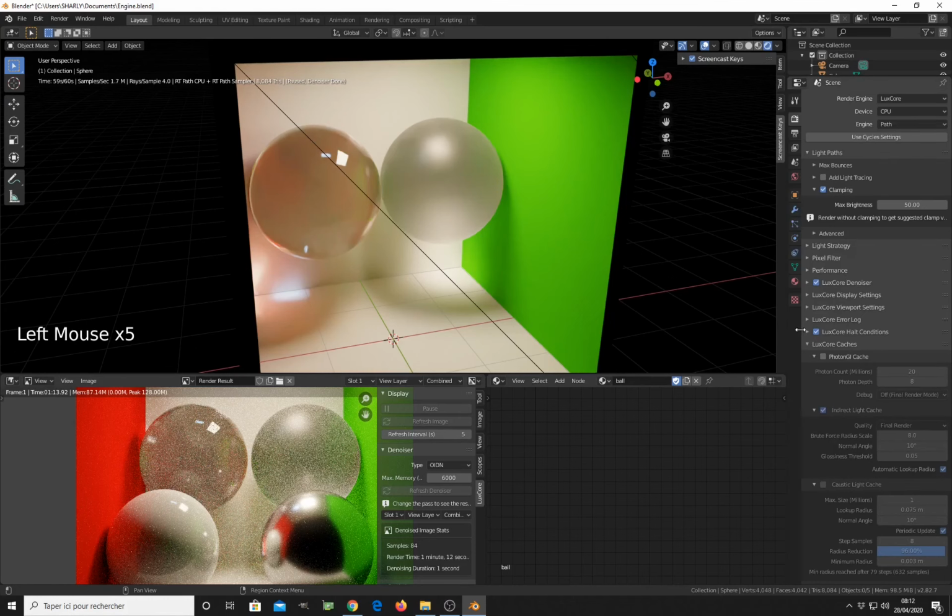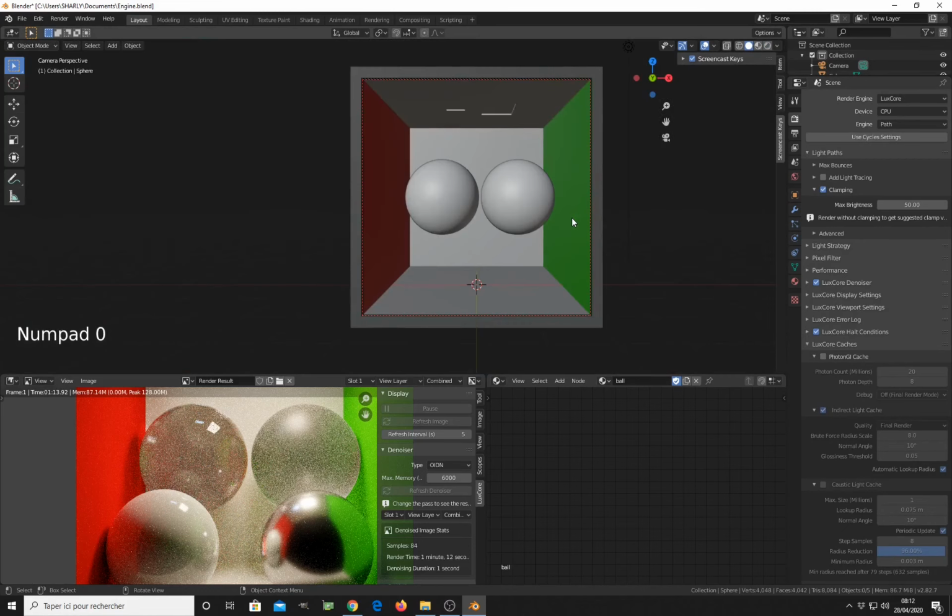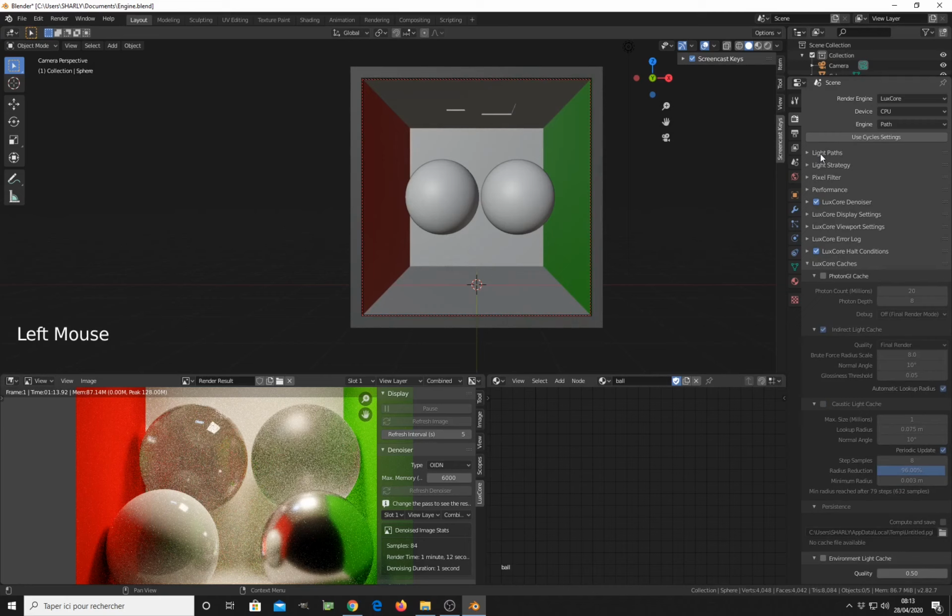Okay, then we come to the performance part. I told you at the beginning that Luxcore is like a racing car on a track, and you have some settings here to make it perform depending on your track conditions. If you have some rain on the track, you go to Caustic, in this analogy. You have some caustics, you have some glass, so you have to enable add light tracing. You have some parts of your scene that render faster than other parts, so you have to use